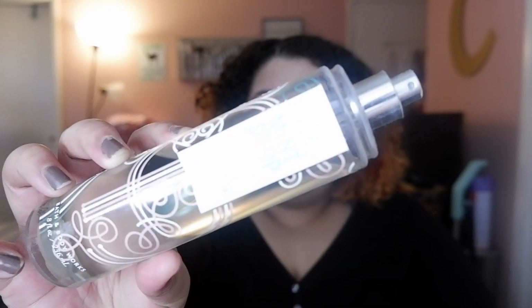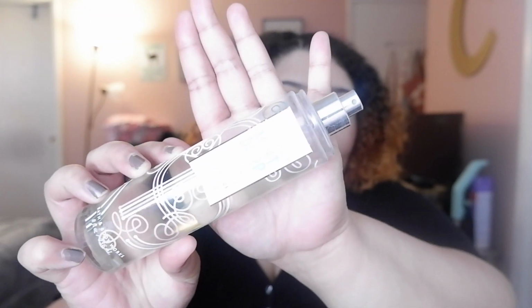Like if you like the kind of things that I was describing, then you need these products right now. And I'm going to talk about a couple fragrance favorites. The first one that I have is from Bath & Body Works. It's a spray, and it's in the scent Coconut Mint Drop. Literally, it smells exactly like what it sounds like. It smells like coconut, but with a drop of mint, and it's so nice and fresh. I'm going to put it on right now, actually,